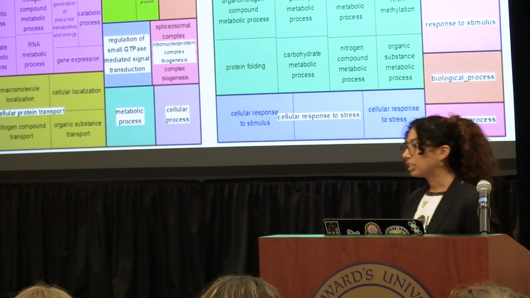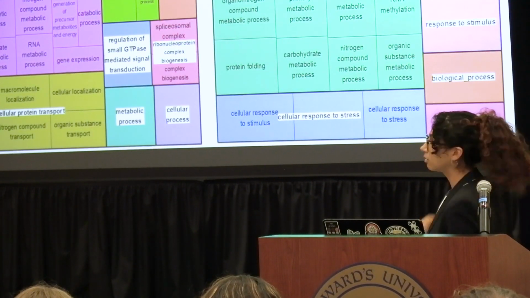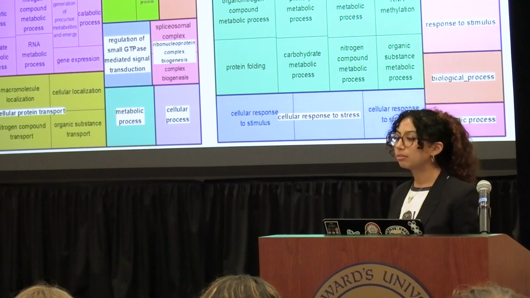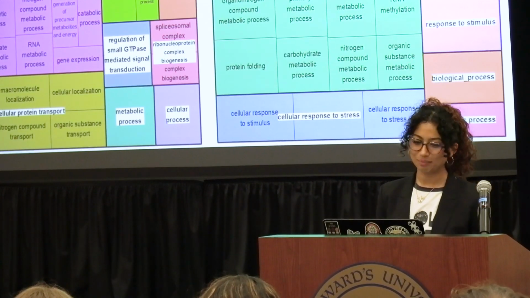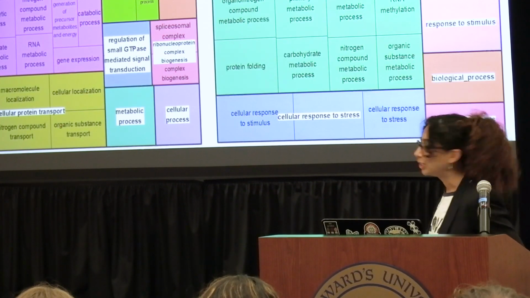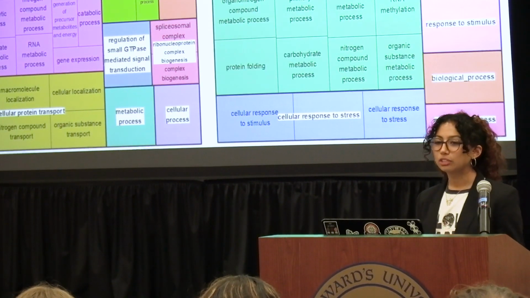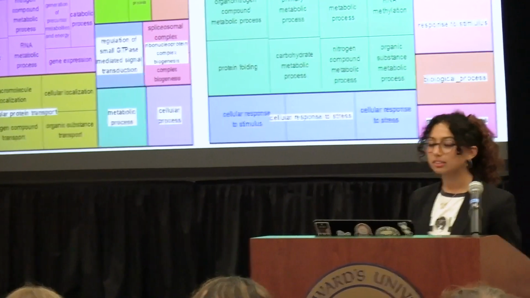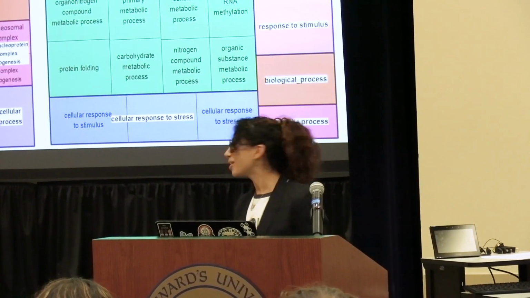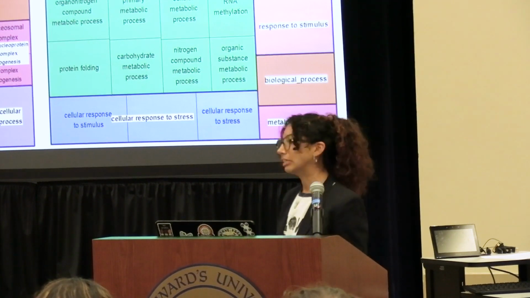So upregulated genes are the genes that are going to be found in our syzygy parasites more so than our attached trophozoites. And our downregulated genes are going to be genes that are not as expressed in syzygy parasites, but more so expressed in our attached trophozoites. What we found from looking at the upregulated genes is that syzygy parasites in the reproductive stage are transferring genetic material between one another. So we have genes associated with that, such as the monocarboxylic acid metabolic process and the regulation of small GTPase mediated signal transduction.